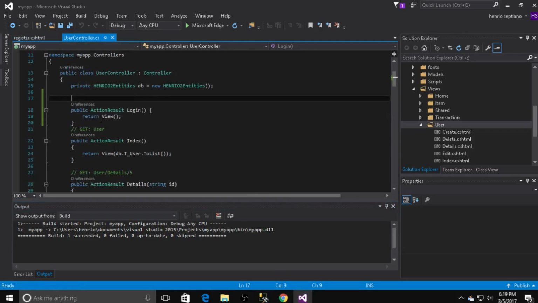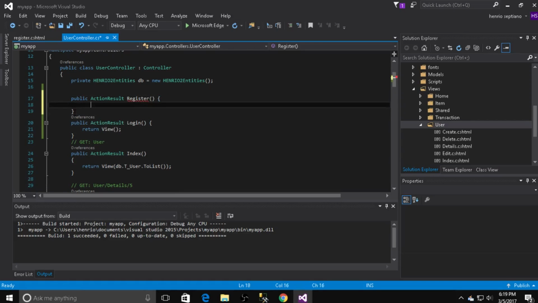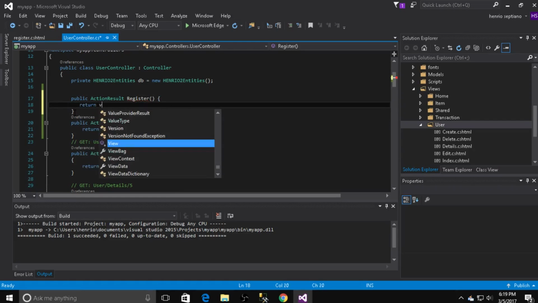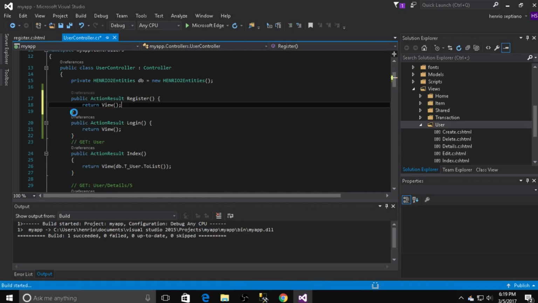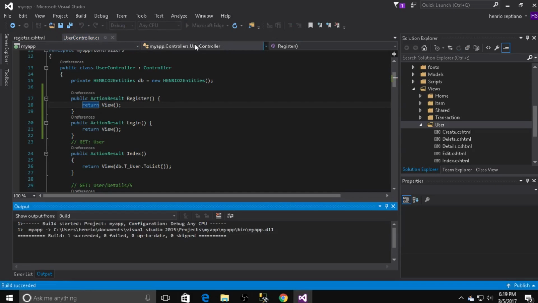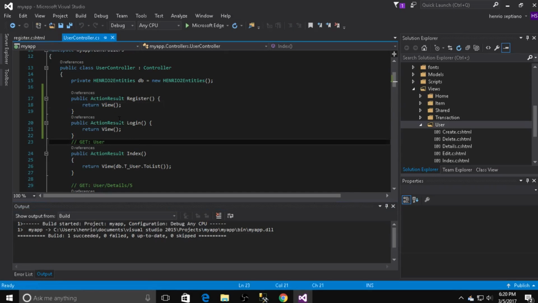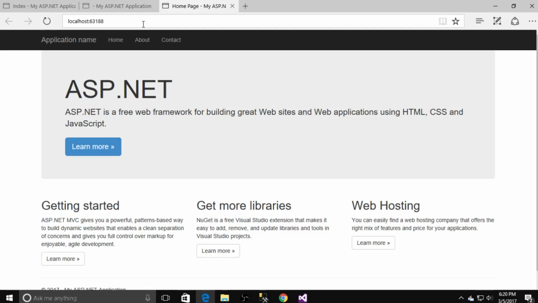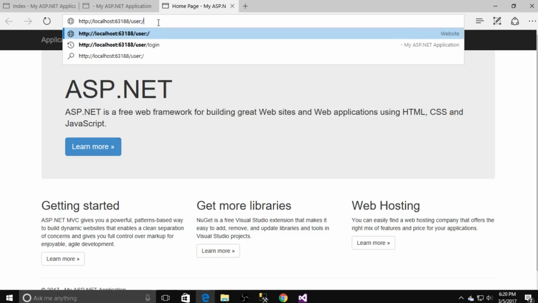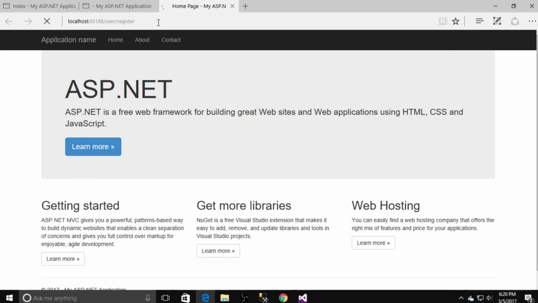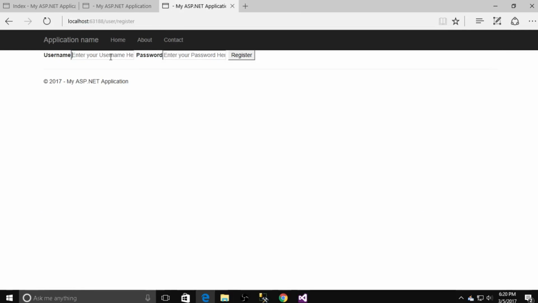Oh, I really forgot. We need to add the action to make it work. Public ActionResult Register, return View. Just need to save with Ctrl+Shift+B, save the entire project. So we build this file. Start without debugging, just using Ctrl+F5, user, register. Okay, it's done, but we need to work on